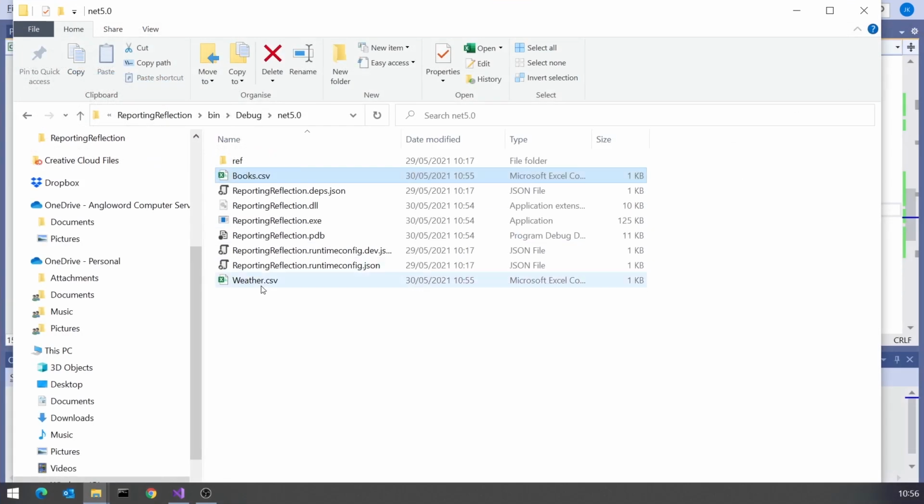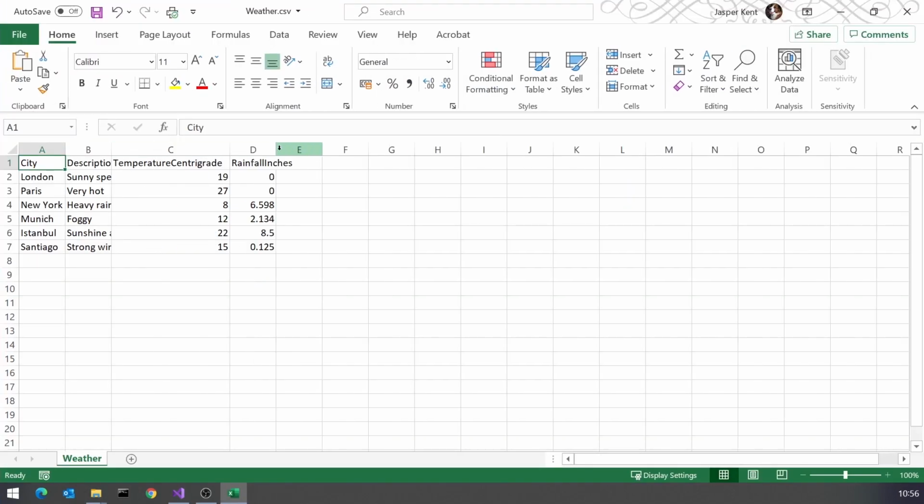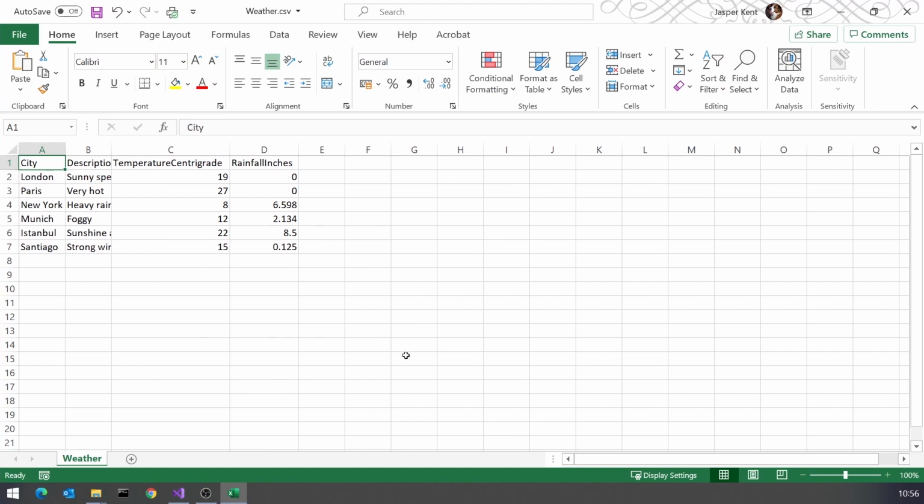Also, if we take a look at, say, the weather file, we've got a couple of other problems. One is we haven't been able to do any formatting on those numbers. So that rainfall, I think we'd probably want to only be having to 1 or maybe 2 decimal places, but it just has to put that through there. And also, it might be a lot easier to read if, rather than having a header that said temperature centigrade, we could just say temperature and then put the units, both the centigrade and the inches, on the data itself, like you'd normally read it. But those are so many special cases that it starts to be very difficult to work out.